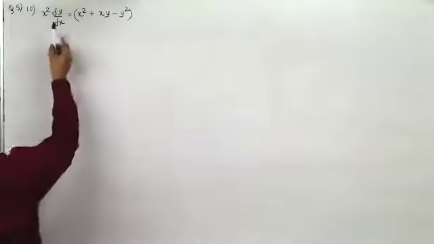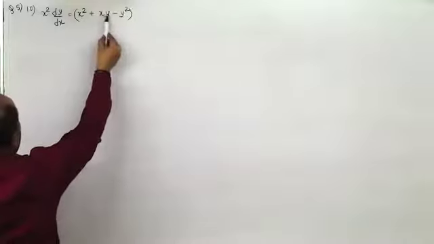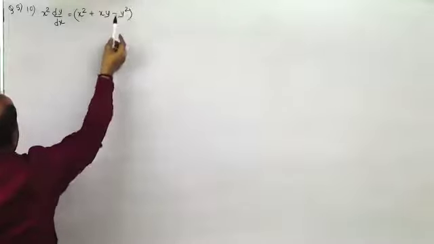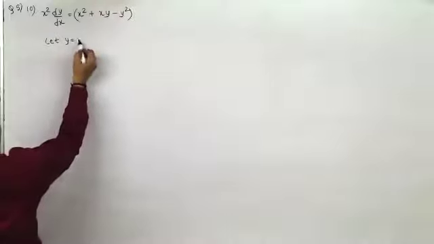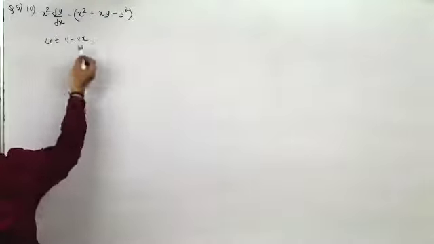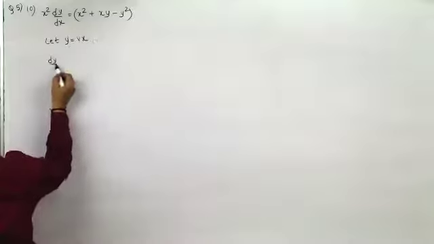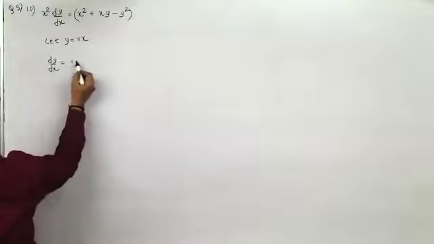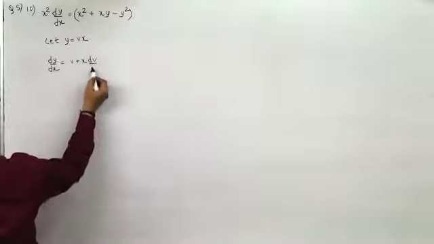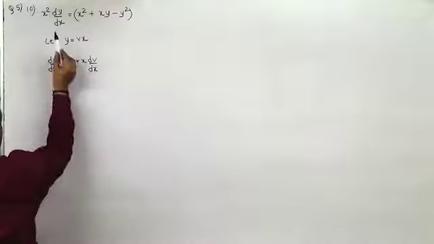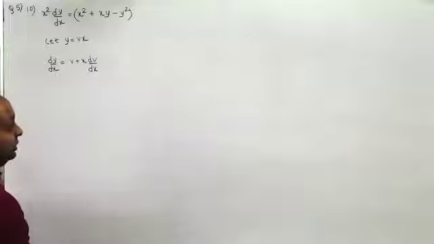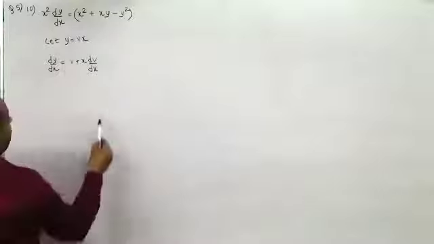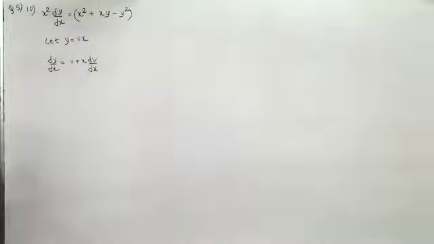Yeah. So here this is square, this is square, this is also of power 2, this is also of power 2. Now let y equal to vx, homogeneous. This is homogeneous. So therefore let y equal to vx, you get dy by dx equal to v plus x dv by dx. Other than this, we can't use any other method, right? No, you cannot use any other method. When this is homogeneous, you will use this method, substitution method.